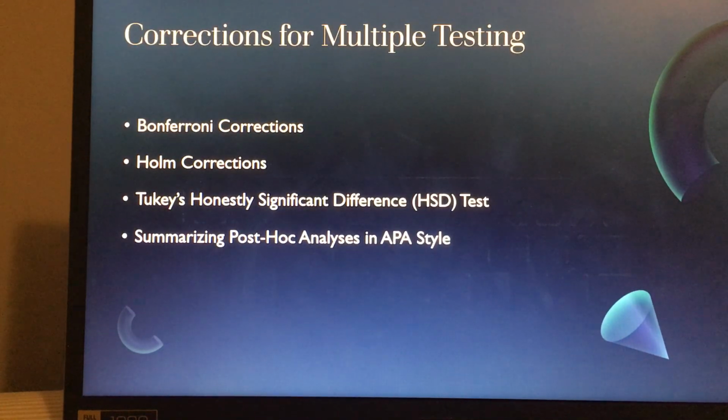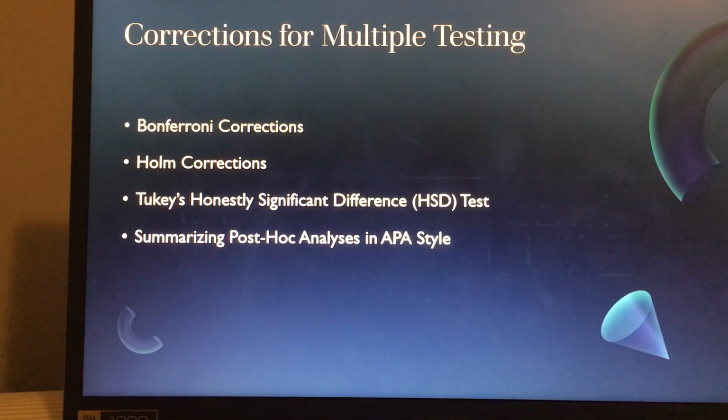This is another very popular post hoc test which is used frequently in psychological research, and as we've seen with the Bonferroni adjustment and the Holm correction, the Tukey HSD test compares all possible pairs of group means to determine which ones are significantly different from each other and controls for the family-wise